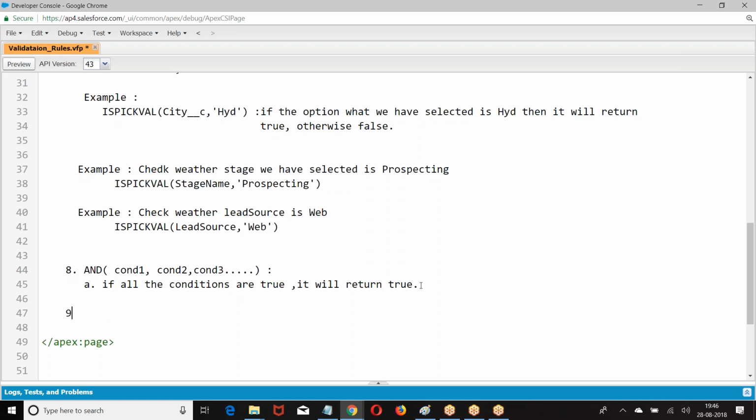Then, if you want to check, we have one more option. What is that? OR. If any one or more conditions are true.